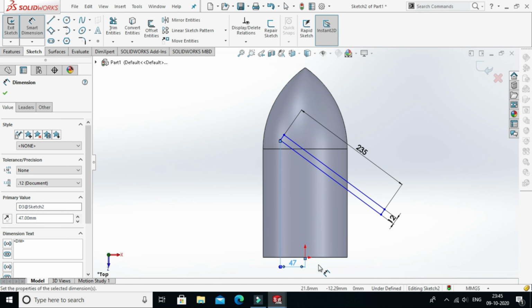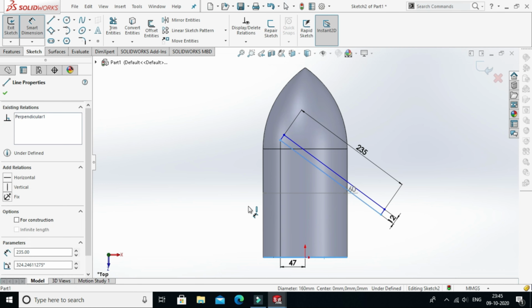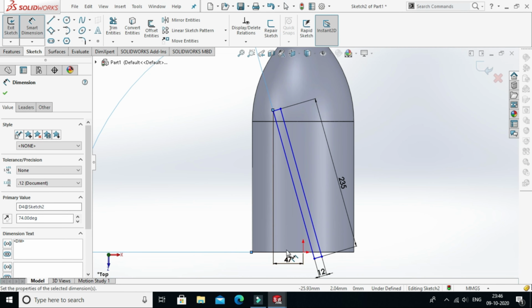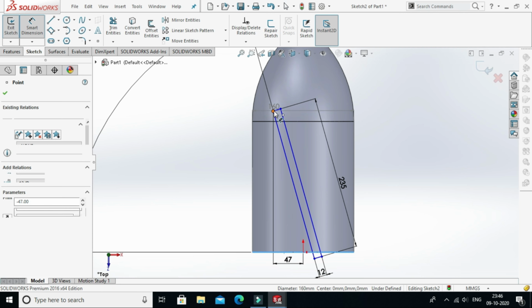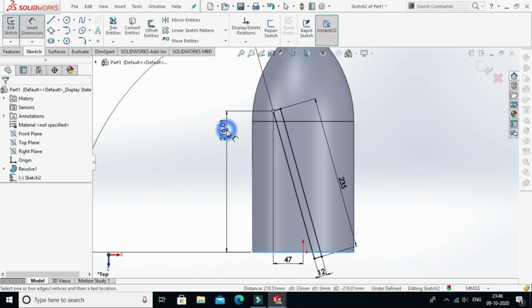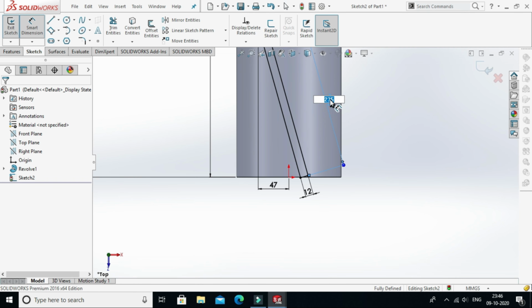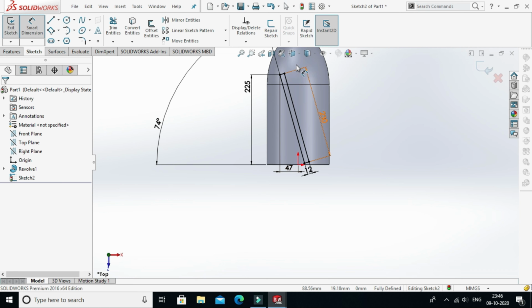The angle between this edge and this line is 74 degree. The distance from this edge to this point is 225 millimeter. This is 230. Now our sketch is fully defined.